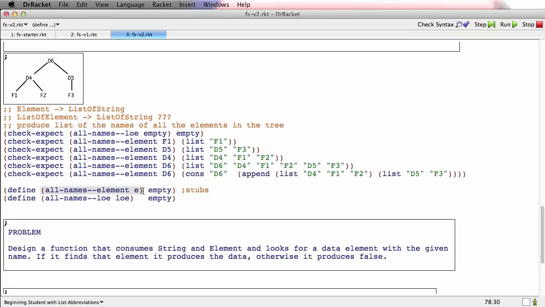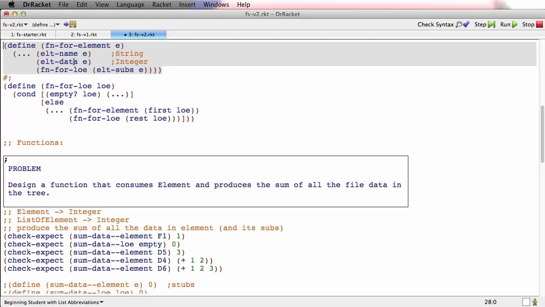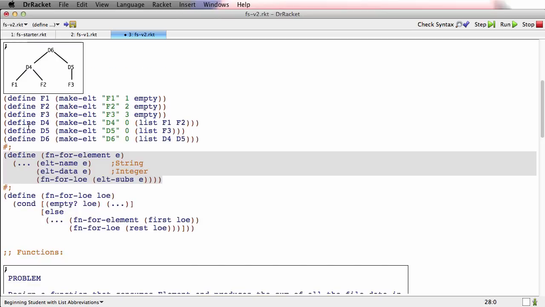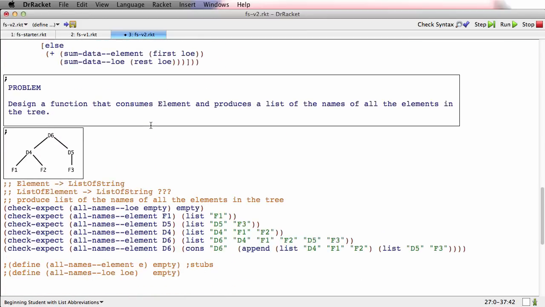Okay, so let's comment out the stubs, and let's go get the templates. And I'll show you a trick here. If you go right here, you get a list of every definition in the file. So as files start to get bigger, you can jump to individual definitions more quickly this way. And all good programming environments give you a feature like this. So I'll go to Fun for Element, and I'll grab the two templates, and I'll go back down where we were,